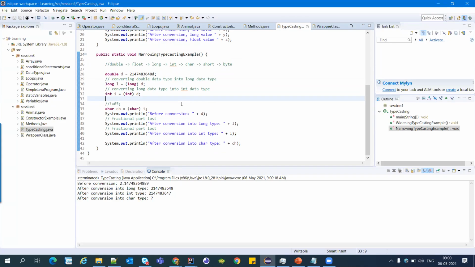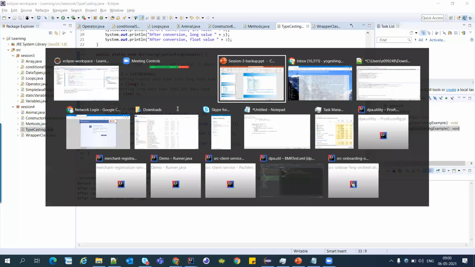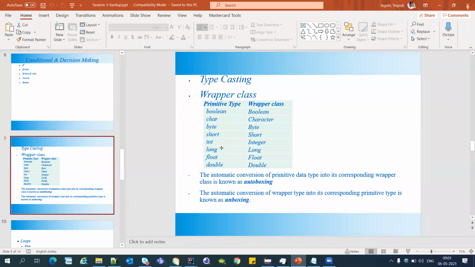It will lose everything apart from that maximum limit. Okay, so Shubham, clear? So should we go further? Yes. Okay, fine. So next is wrapper class.